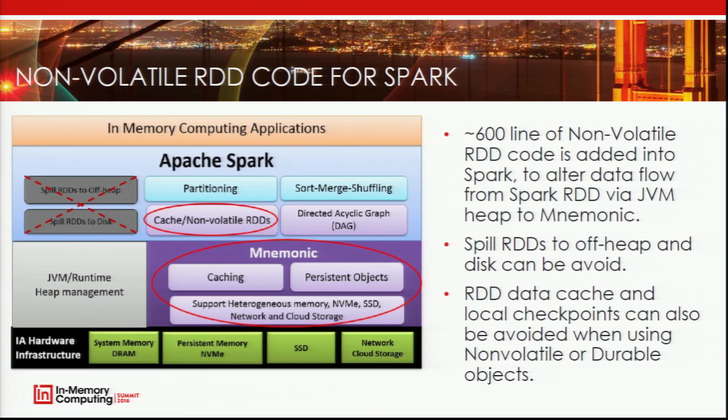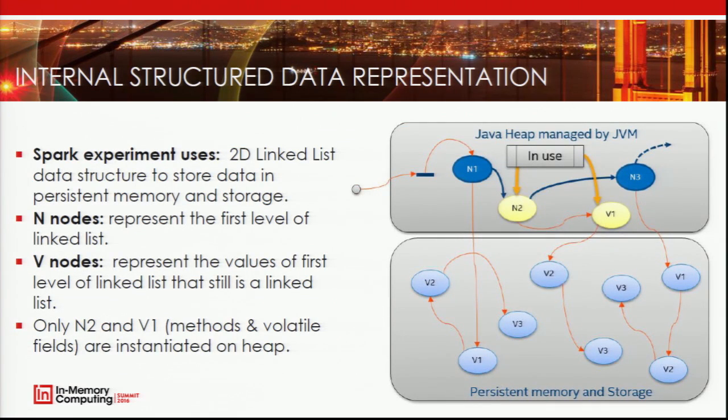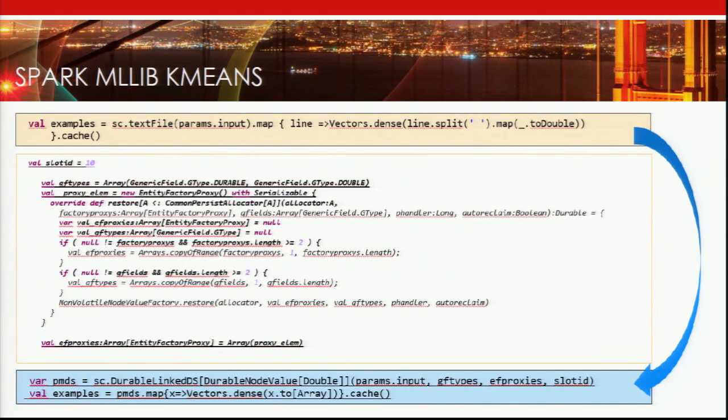There's no spill of RDDs, right? So we go this way to avoid the spill and take care of the data shuffling, and we are using the Mnemonic Project to handle the entire allocation. The result is, this is actually where we do the double linked list. So this is how the program runs. The methods and handlers and volatile fields are over here, and the data access is directly get and set from the storage media. So the results, this is Scala code from the k-means, and what we have is